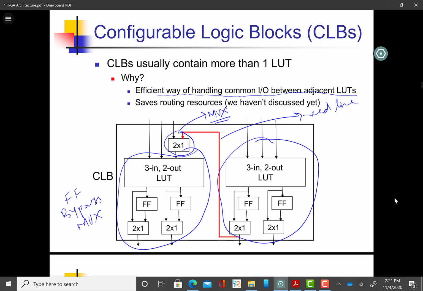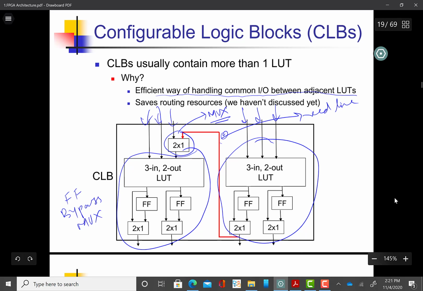This is the reason why we want to have multiple LUTs inside a CLB. If we put multiple lookup tables in a CLB, they can share the input output lines. These lines can be shared, which means the routing resources can be saved. The second reason is this red line,